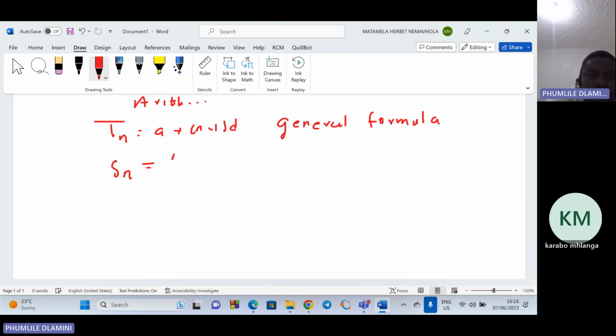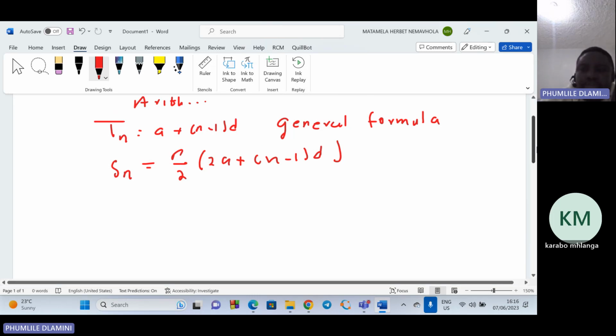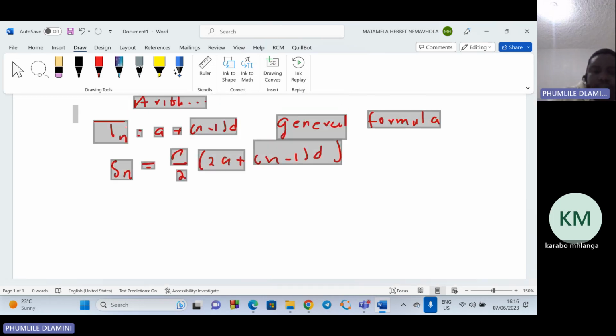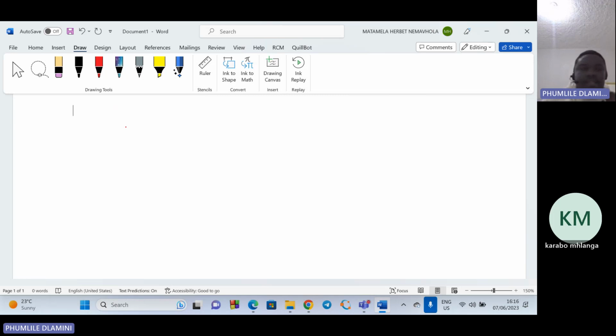Sn equals n over 2 in brackets, 2a plus (n minus 1)d. So now, if we're going to go to another one for quadratic, let's go to quadratic. So for the quadratic formula,